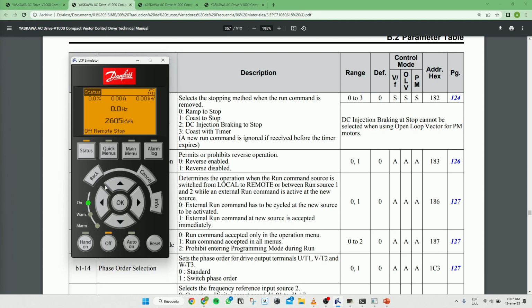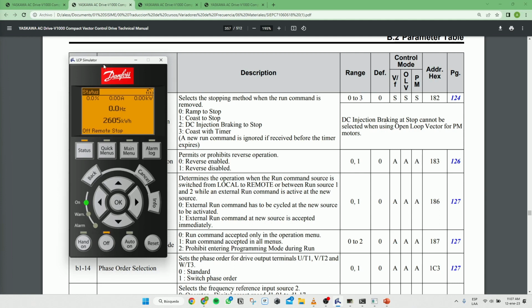The most common one and the most well known is you need to download the Danfoss drive manual. Search for Danfoss LCP and add manual, and you look for this. That's where you're going to find what parameter you need to input the speed reference. So here, if we go to quick menu, if we start looking,